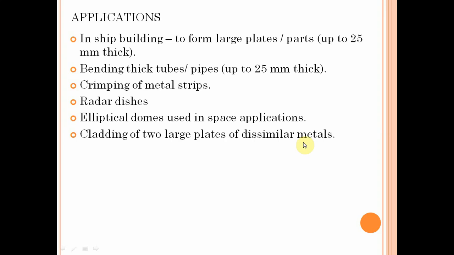So the importance of this process is very great, as very high cost material can be formed, maybe titanium, forging alloys, refractory alloys or titanium alloys.